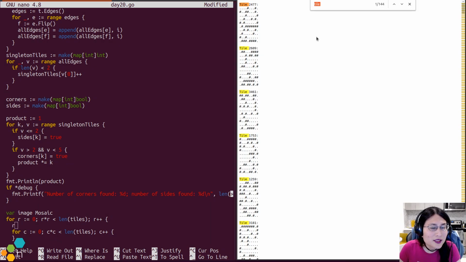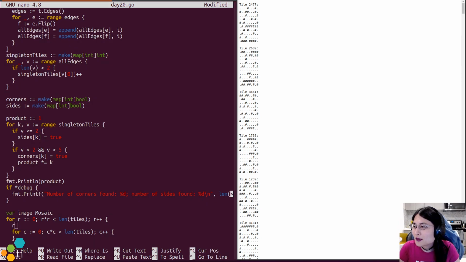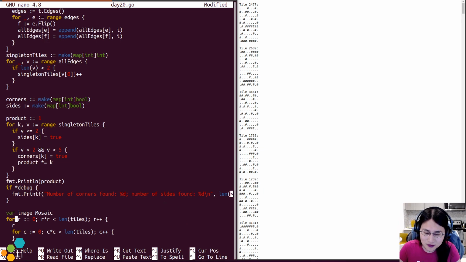Are any mosaic... Okay. No mosaic tile piece is numbered 0. So if a rotated tile in the mosaic has ID 0, then we know it's not a real one. Okay.